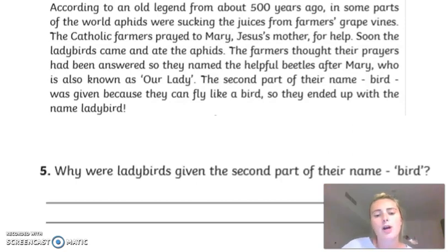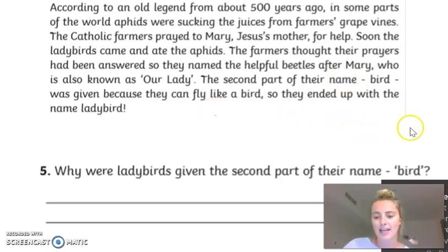Question 5. Why were ladybirds given the second part of their name, bird? Have a look at the text to find the answer. Can you tell me your answer? If you wrote because they can fly like a bird, give